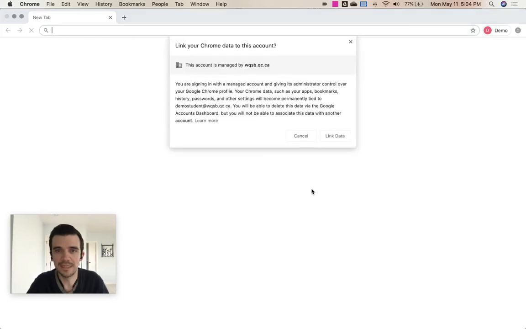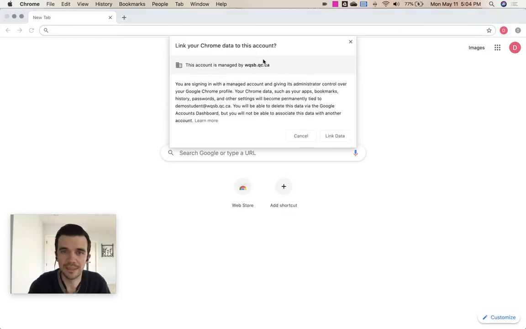So once you've done that, it's going to say, would you like to link your Chrome data to this account? And it reminds you that this is a WQSB managed account. So again, it's a managed browser. It's going to have, we'll show you shortly, some preset bookmarks and things like that you can access. So in this case, you want to click Link Data, and that way then